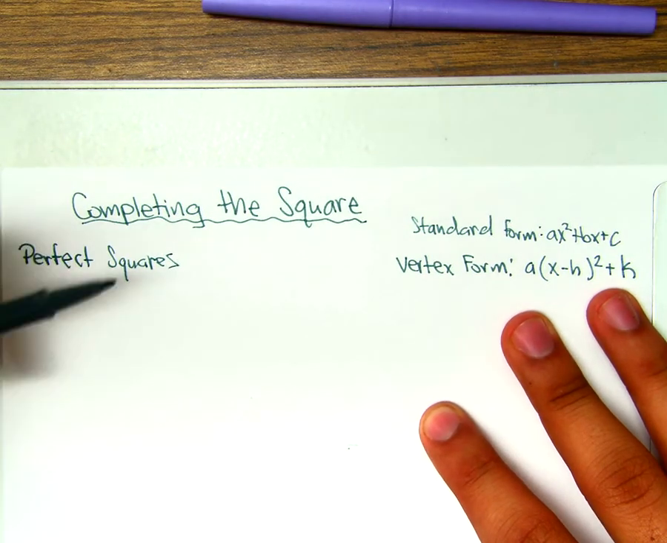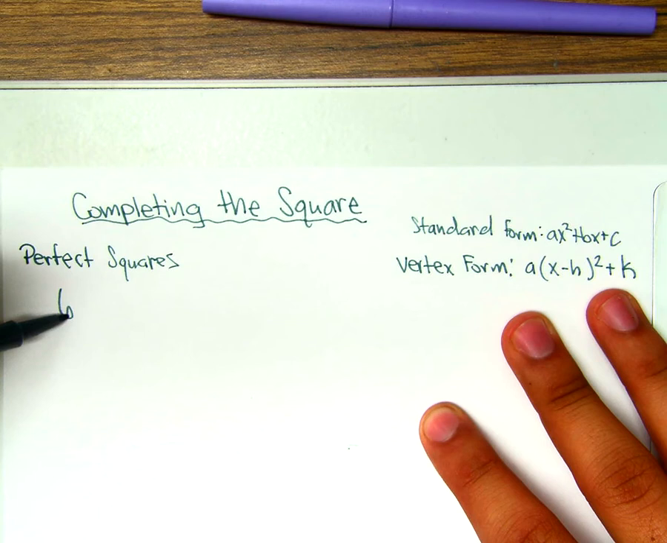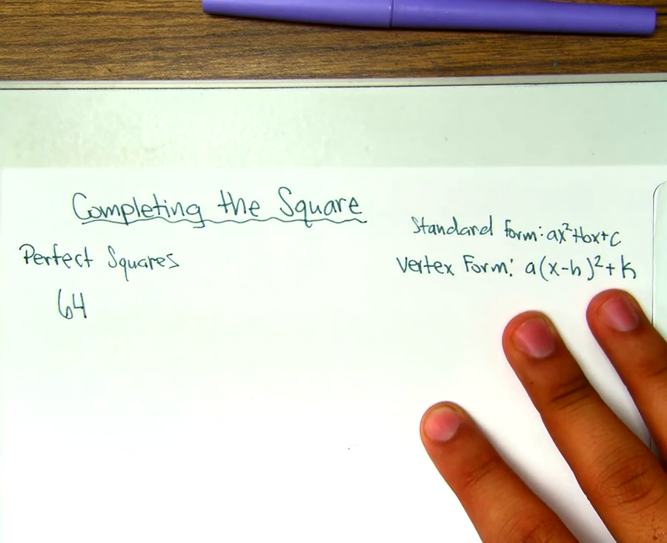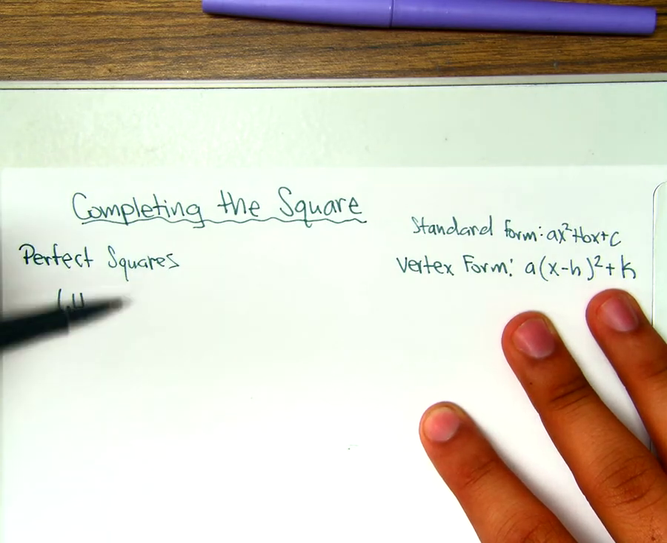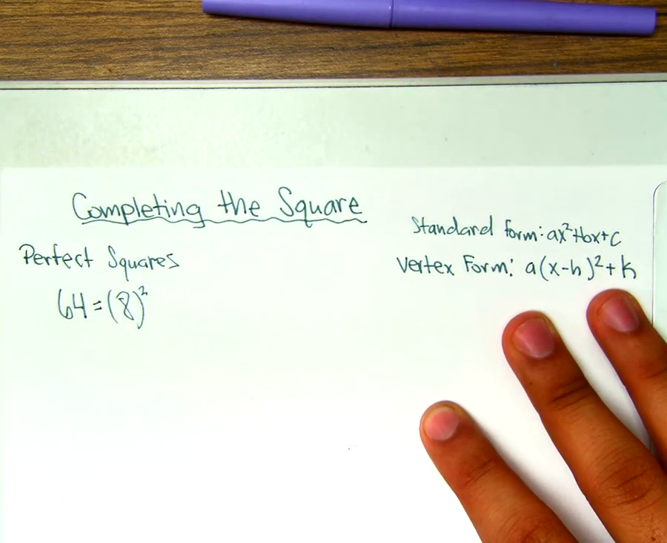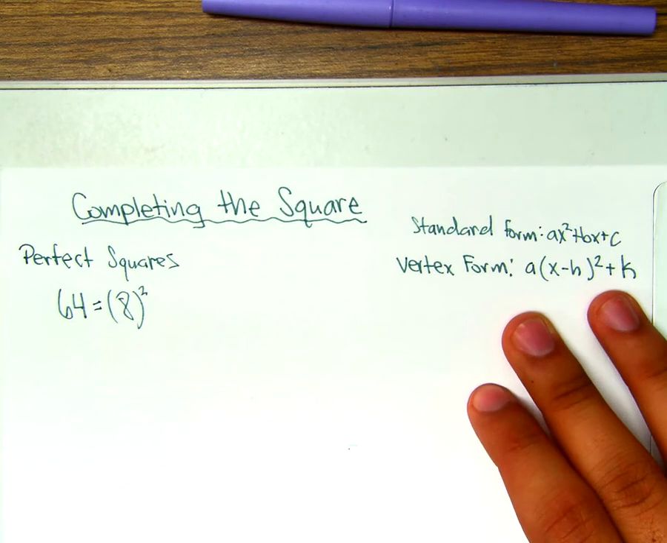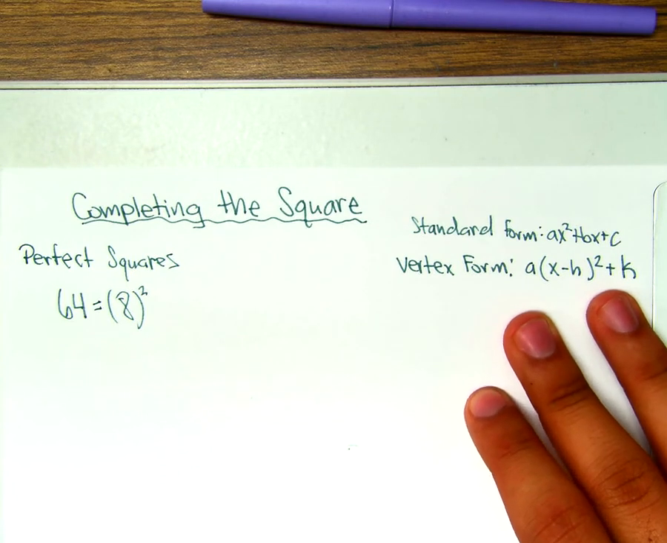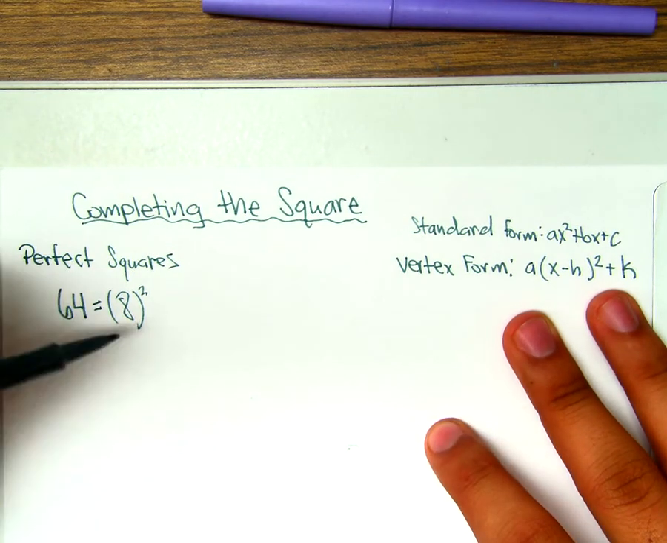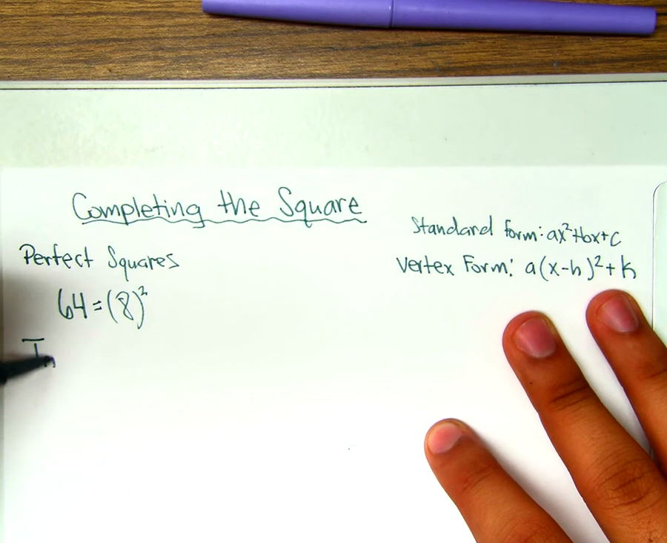Okay, so perfect squares, such as 64. We know this is a perfect square because that's 8 times 8. So we know that this is 8 squared. And because it's a number times itself, we know it's a perfect square. All right, so trinomial squares, what we're going to be focusing on today,